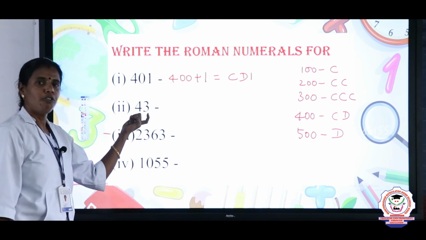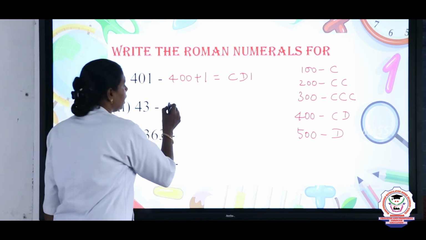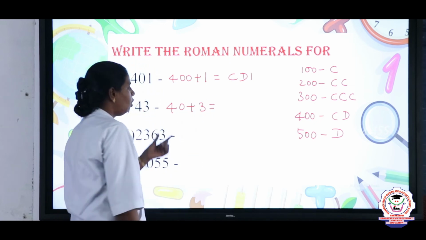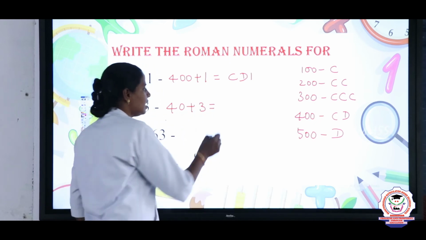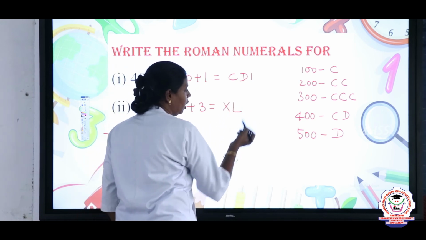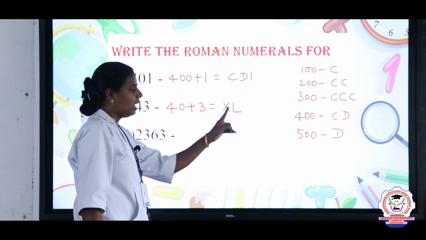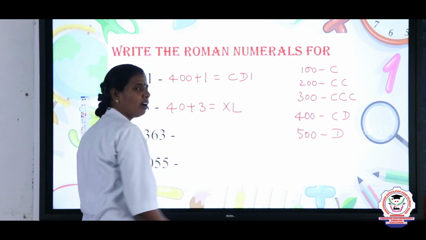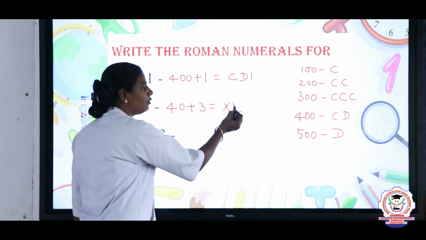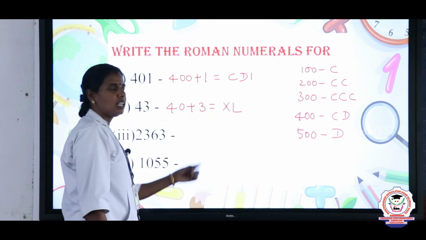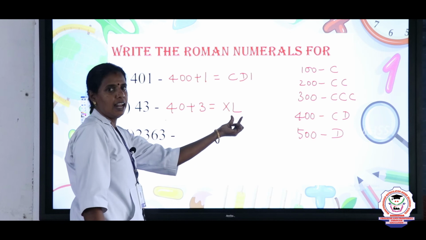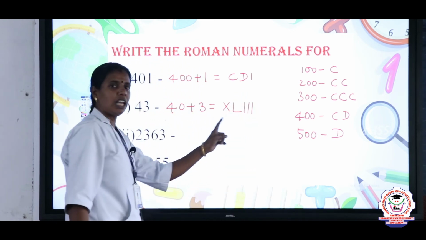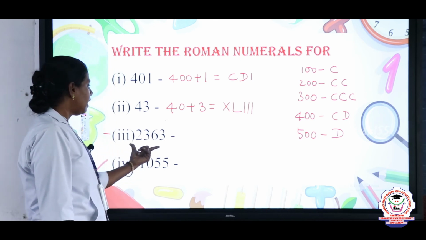Now, the next is 43. So, 43 is 40 plus 3. How to write 40? 40 is XL, because L is 50. So, X is written on the left side, so it is subtraction. X stands for 10. So, 50 minus 10 is 40. The symbol of 40 is XL. And for 3, I, II and III. 43. Is it clear? And the next one is